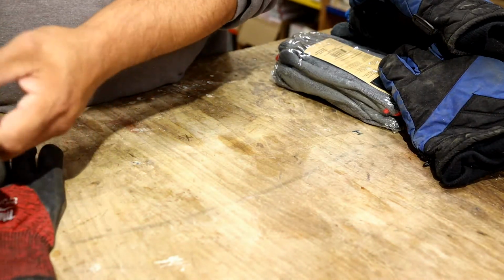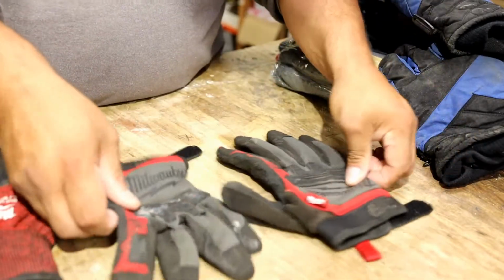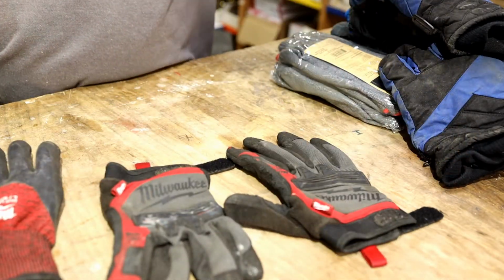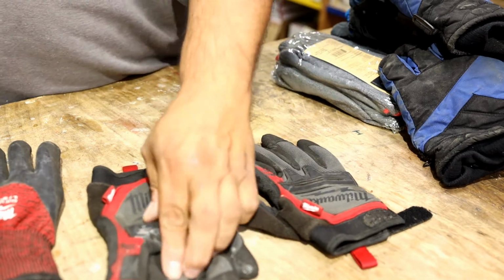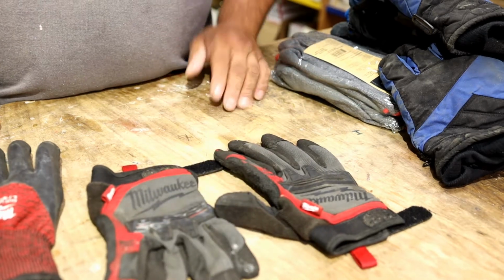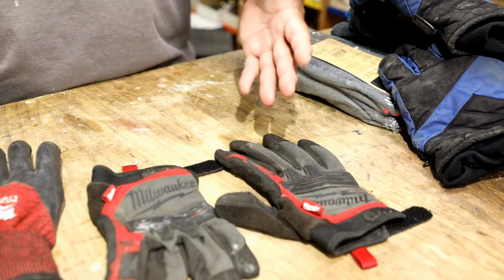Next set, at least a year and a half old. Milwaukee Demolition, $25. Again, I thought they were overpriced. When I described them in my original video, I went to the store looking for a pair of electrician's gloves